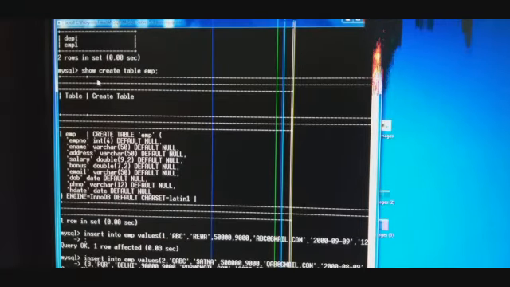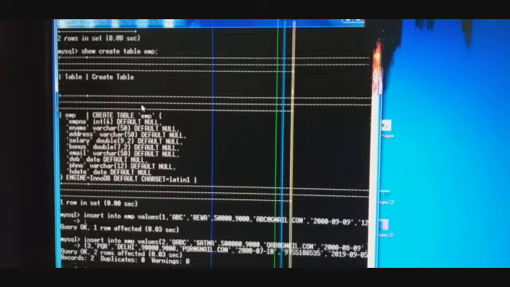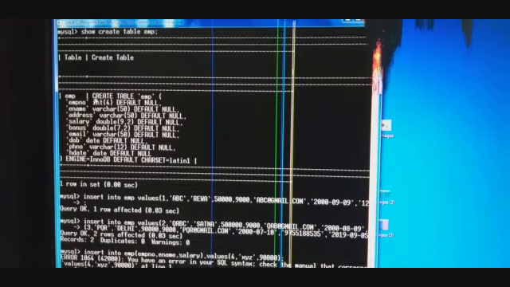So in order to display the structure of a table in query form, we have another command, that is show create table, table name. And here you can see show create table emp. I had given this command, and as I give this command, you can see the structure of the emp table is shown in query form. Exactly whatever query we had provided is being shown over here, but it is displaying the structure of the table.